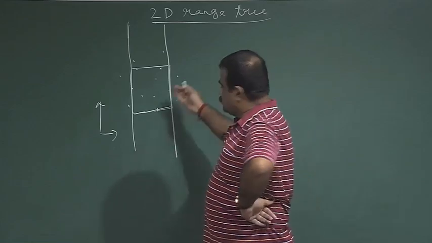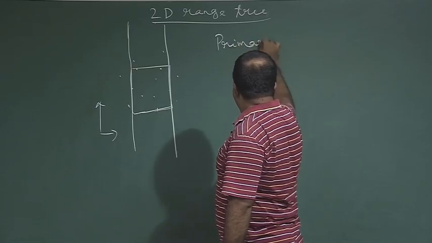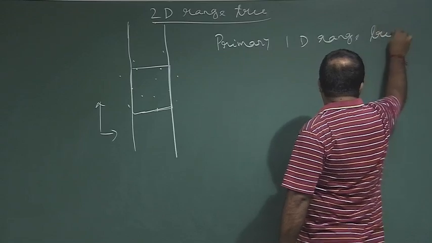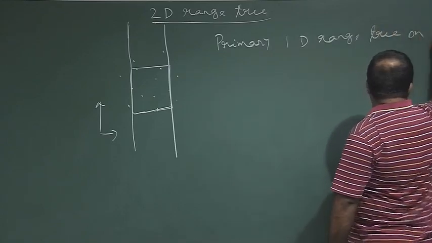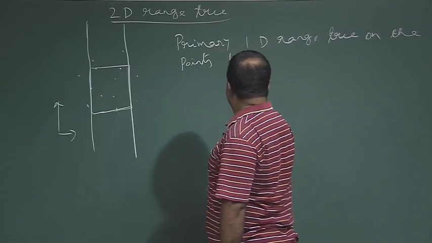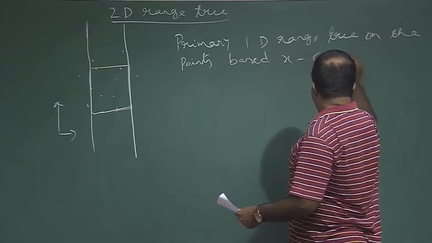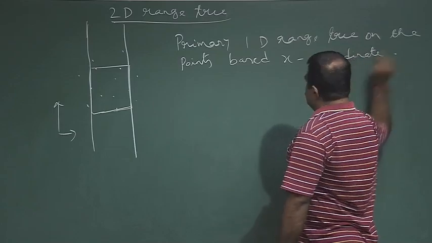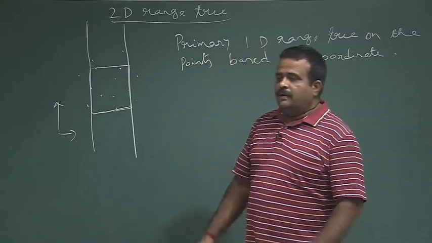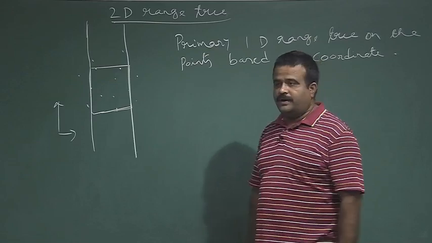We will make what we call a primary 1D range tree on the points based on the x coordinate. Okay, so the points are basically 2D. So, we will make a primary range tree based on the x coordinate, that is the primary 1D range tree,